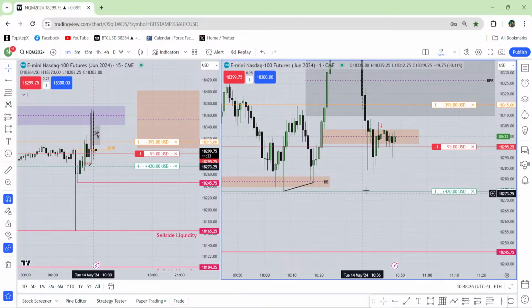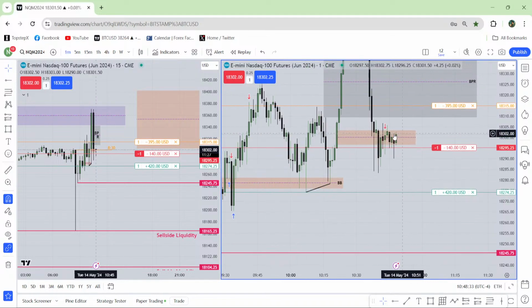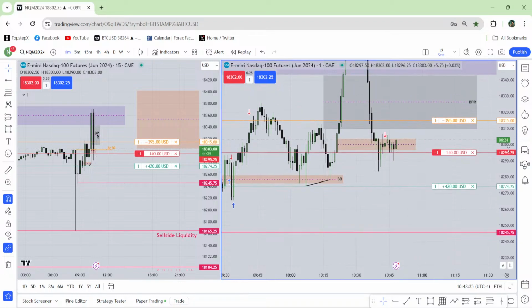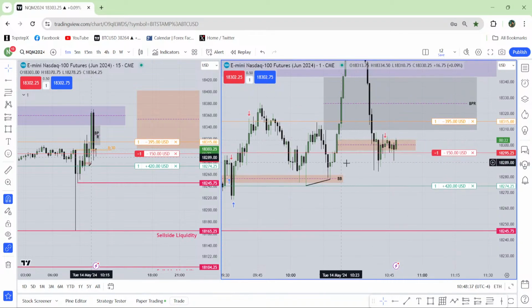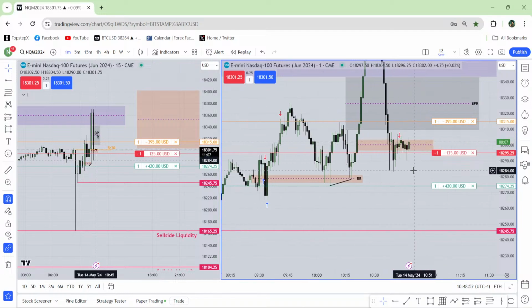By the way, this is also an inversion fair value gap, but not the one which ICT actually uses. It's specifically different, because the last fair value gap is going to work as an inversion fair value gap, I believe. If it doesn't work, I'll take a loss. If it works, then it's also going to work as an inversion fair value gap. But the perfect inversion fair value gap, I don't trade depending on that. That's why I didn't make the video.